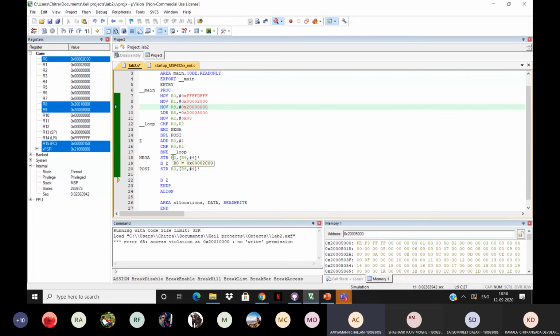So here we do B and Z. It searches for where Z has been declared as a variable. Right after Z, you see that add R0 and 1. So it just jumps to that location and executes the code there sequentially after that. Does that make sense? If you all don't understand branching and looping yet, we can probably show you a few more examples.